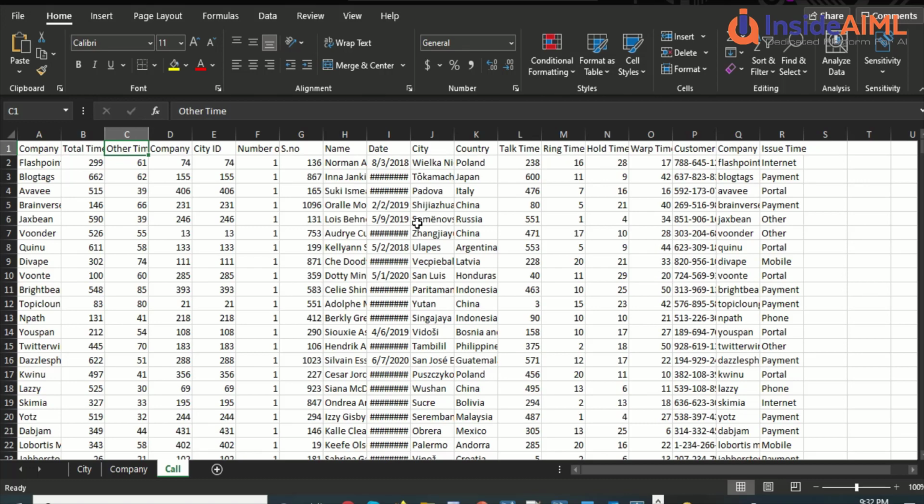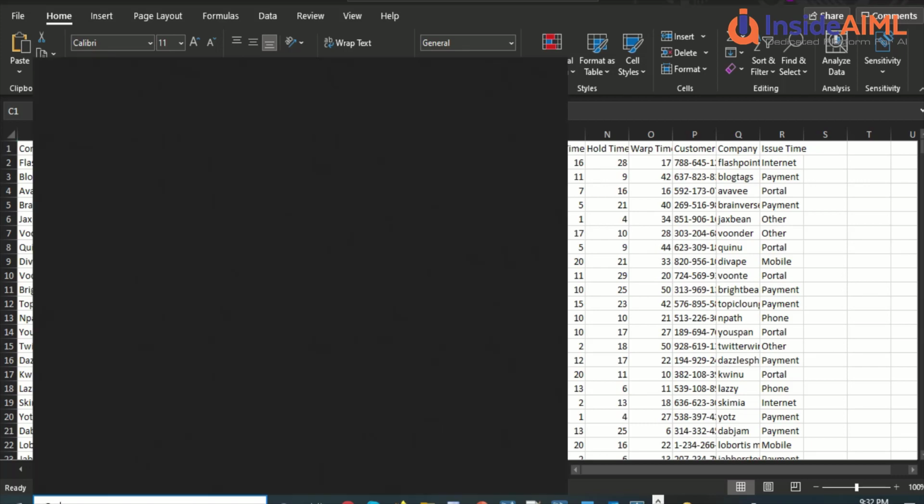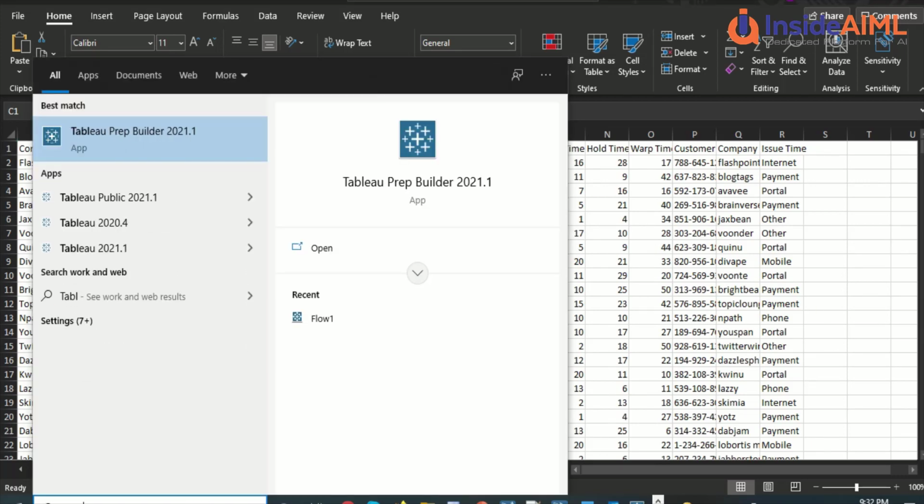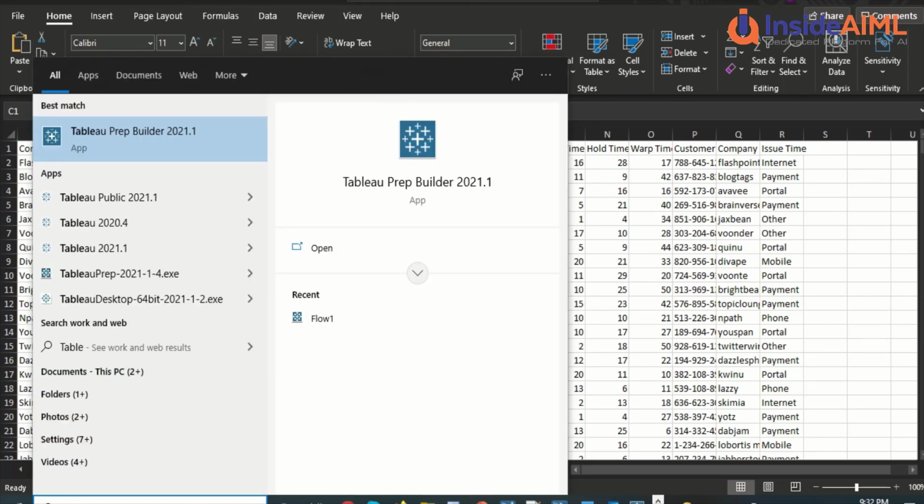Now we have done this. One of the things which I could have done is send one table to Tableau and then directly create a Tableau file and open it. Or the other thing, which we are going to do, is we have now prepared this file, and we are going to open this file in Tableau. So we are going to open Tableau, and we are going to use Tableau itself.